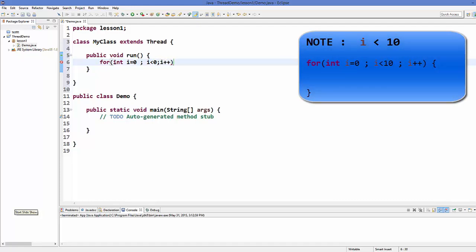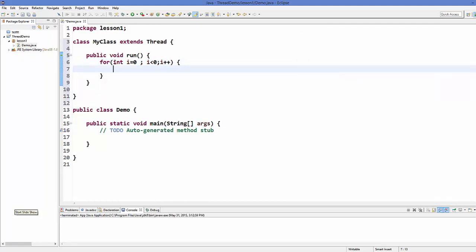I want to print the value of i 10 times. This is very simple. So I will just write sysout, and in here I want to print, for example, "value" plus i. And what this is going to do is just print the value of i, right?